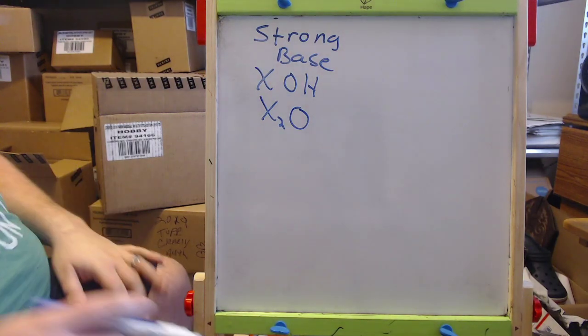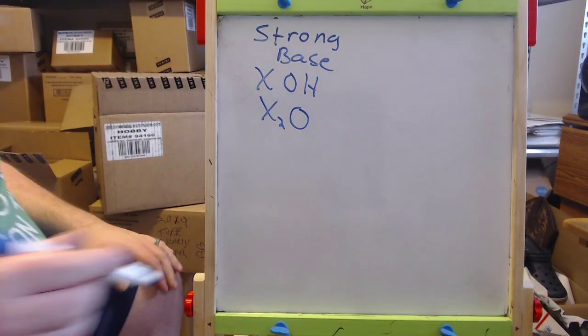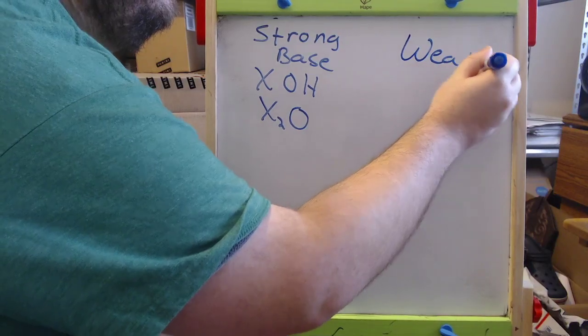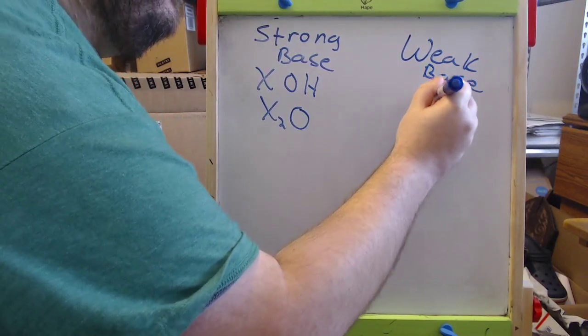Very simple. That makes it soluble. Weak base: the prime example of a weak base is usually ammonia